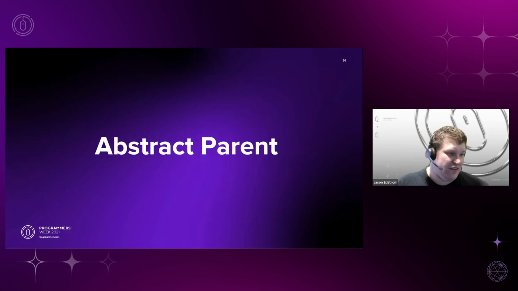And then we get to the last piece of this journey, which is the abstracted parent approach. This relies heavily on object-oriented principles and using the knowledge that we've learned over the course of programming.